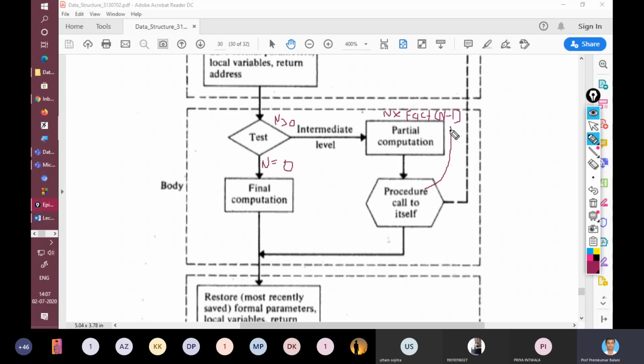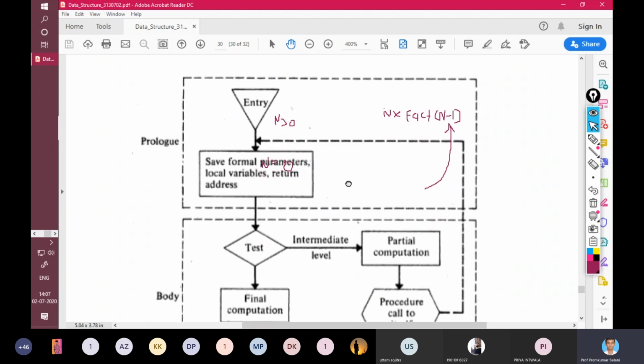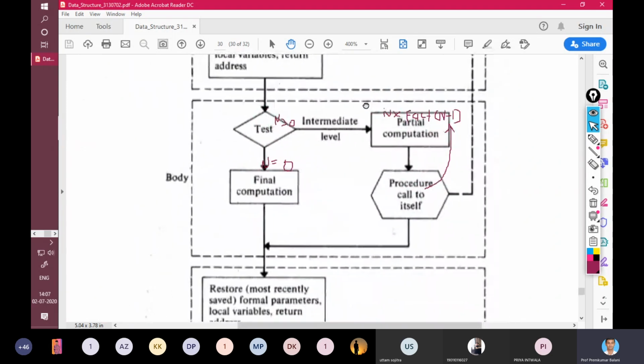This you can see here, procedure calls itself, and then what you need to do after procedure calls itself is save the formal parameters and local variables and return address, right?